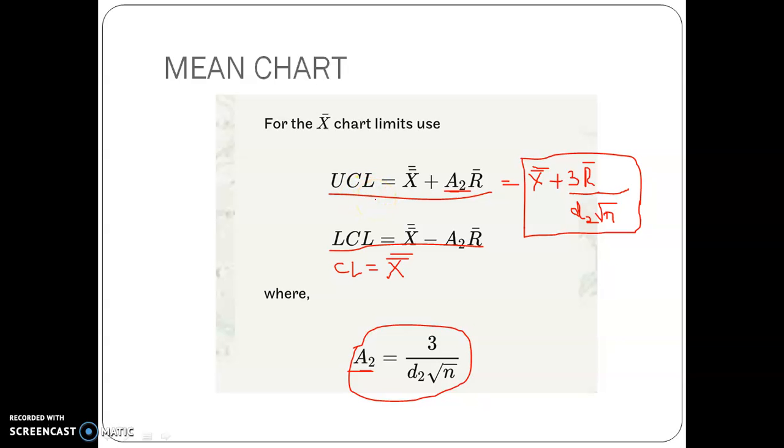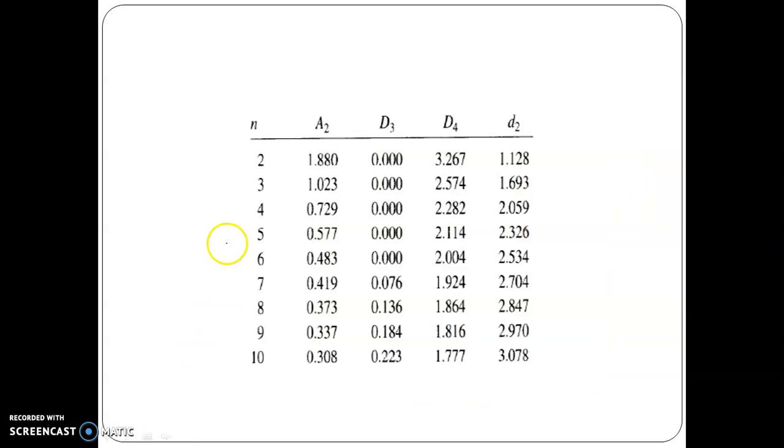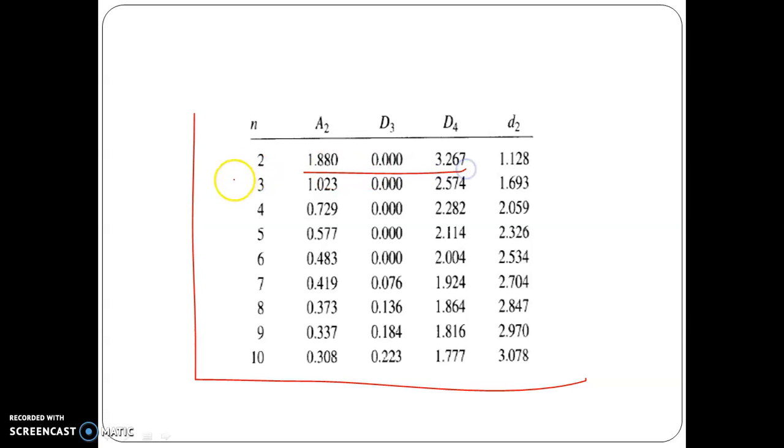If you have seen my previous video, in statistical quality control, when we are using control charting, the questions have certain constant values such as A2, capital D3, capital D4. We discussed that those values can either be given straight away in the question, or we can select them from these tables. We just have to see our question and check the sample size. According to the sample size, if the sample contains 2 items, the values of A2, capital D3, D4 can be this, and so on.